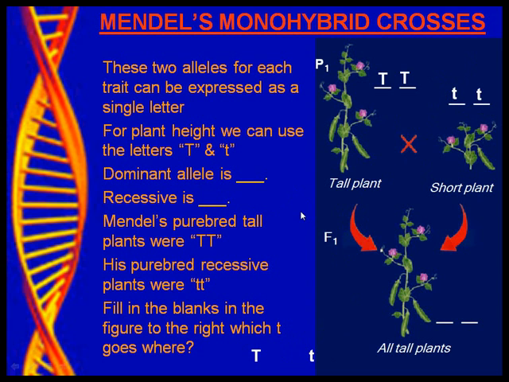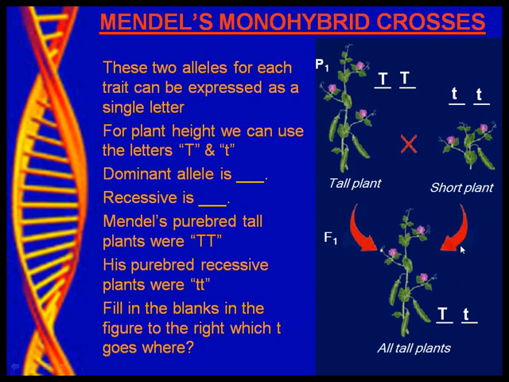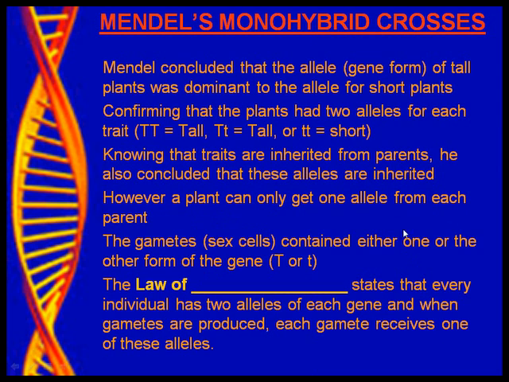The F1 generation is going to be one of each. Big T from this parent and little t from this parent. Okay, again, hybrid, but this offspring looks tall. It looks like whatever it got from this parent, which was big T, little t, kind of seems to disappear. So Mendel came up with the conclusion that the allele, that form of the gene, for tall plants was dominant to the allele for short plants, just because of this picture here. Because he saw tall when he mixed purebred tall with purebred short. He saw tall in the offspring.